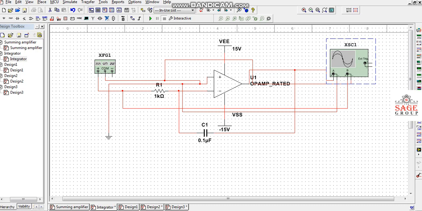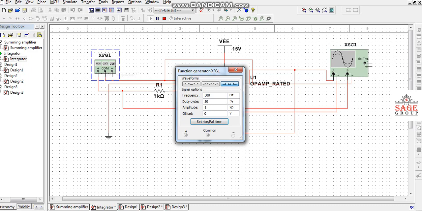Now first of all, I have to simulate this circuit. The procedure for simulation is to just click this run button or press F5. After clicking this button, it is faded and this red button is displayed.